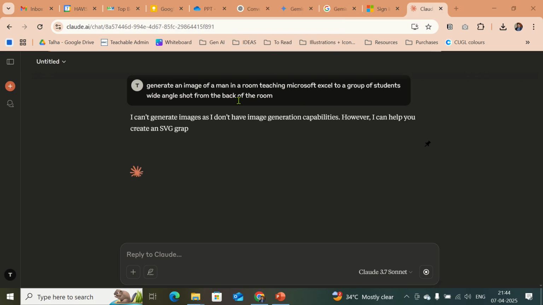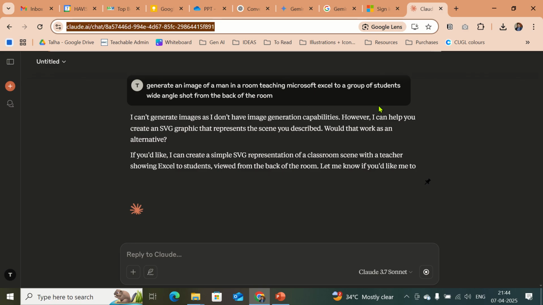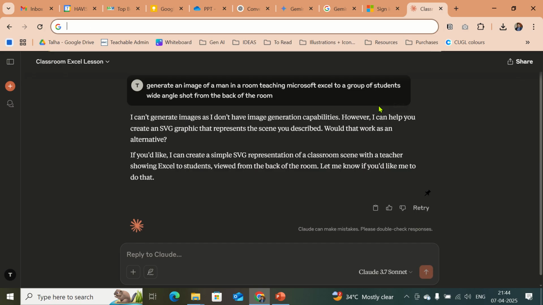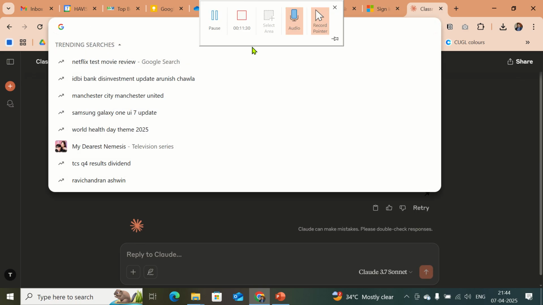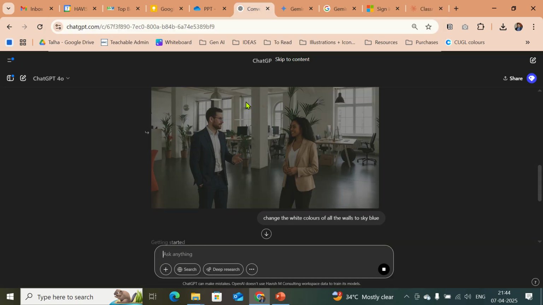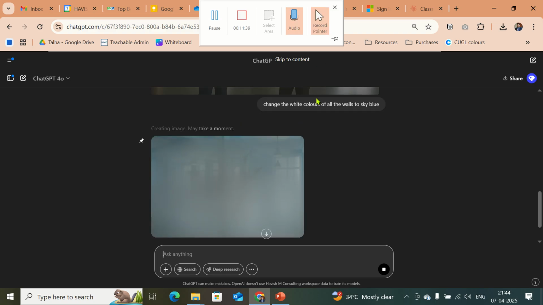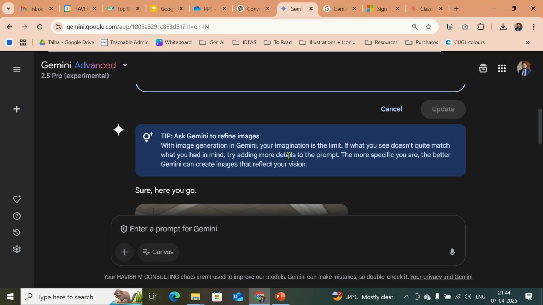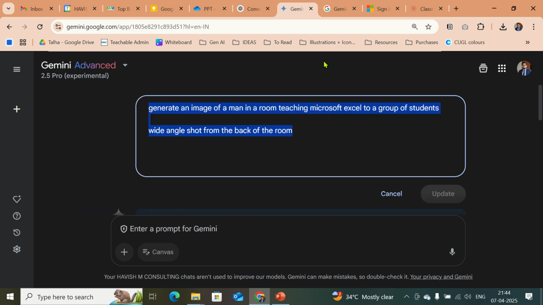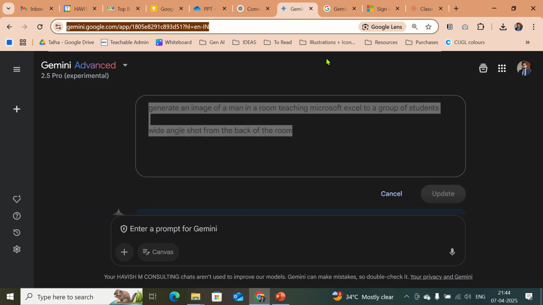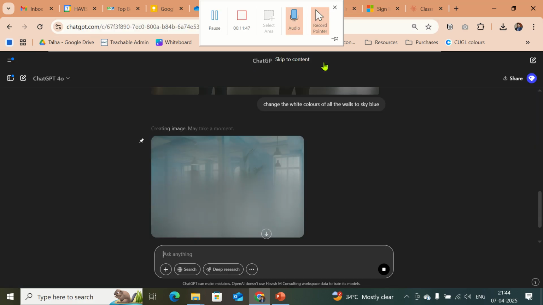And while that is loading, no, Claude can't generate images. We have Mistral, which can generate images. So I'm going to take you through all the tools. The idea is just to show you the capabilities of how these tools can generate images. And there you have it. If you want to experiment with image generation, GPT-4o is your go-to model, but if you don't